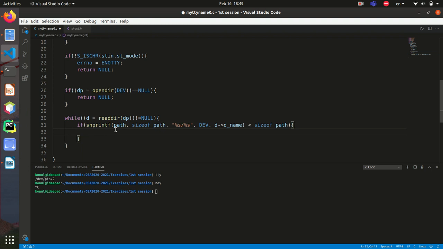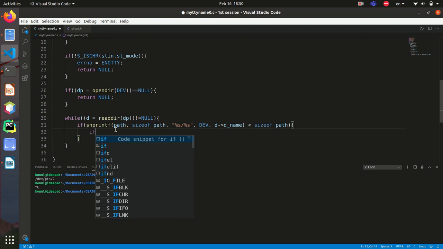When it returns the number of bytes, it doesn't include this null terminator, and it returns the number of bytes that's written. And unless it is less than the size of the path,